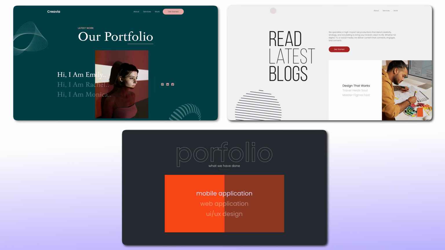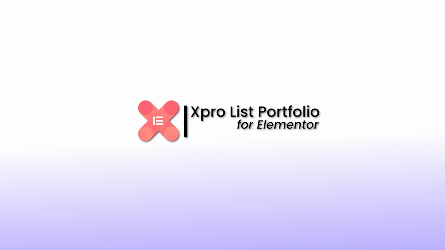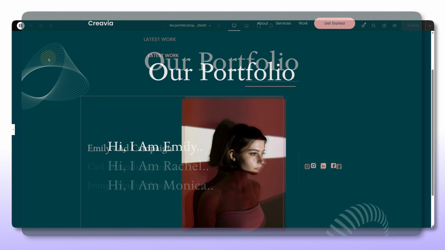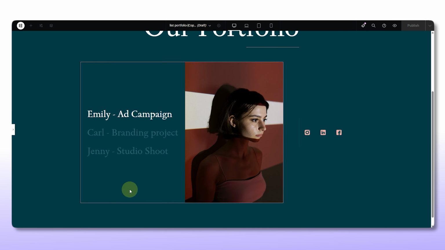Whatever your style, you can build it all on your Elementor website with XPRO Elementor's list portfolio widget. And of course, with zero coding and zero stress. Now, I will pick one of these designs here and show you how to build it from scratch using XPRO